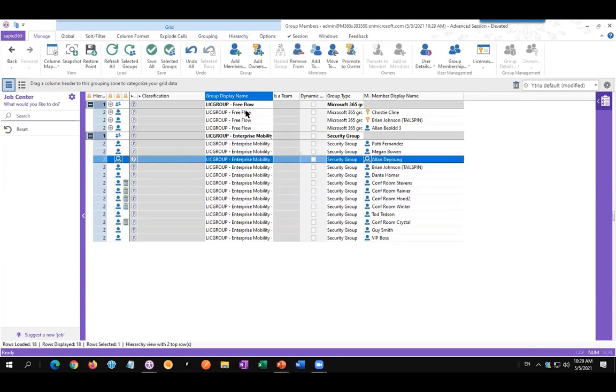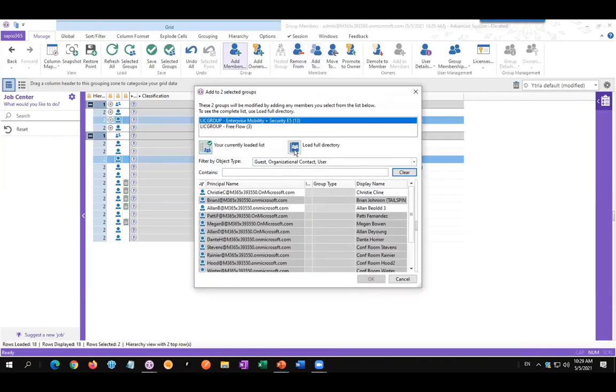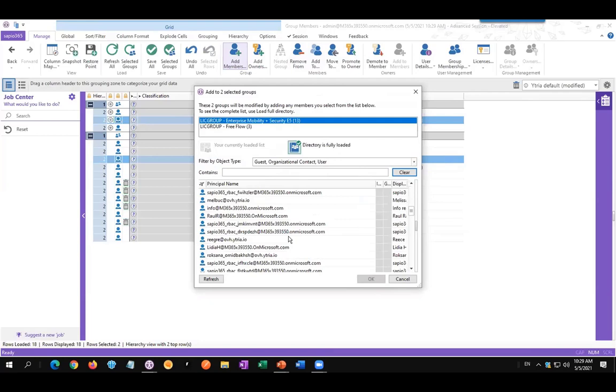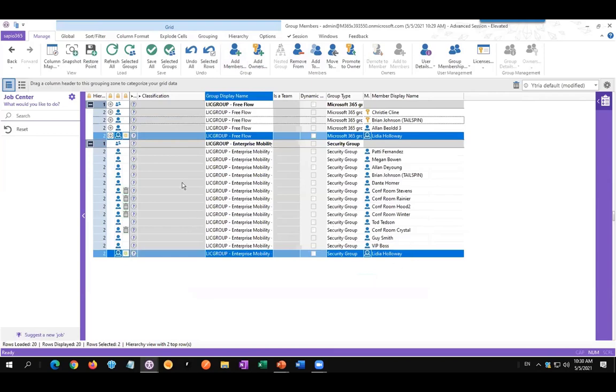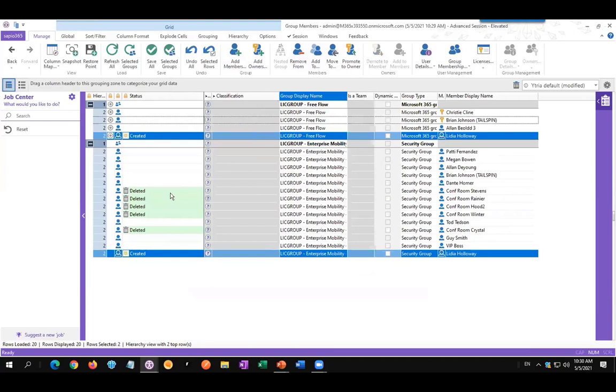And maybe there are some new people that I should add to both. So I'll add new members. I'll load my full directory and add the new person, for instance, or several. And you can see here in the status column, it's going to show what the change is going to be before I actually implement it in the server. Okay, so that's for group